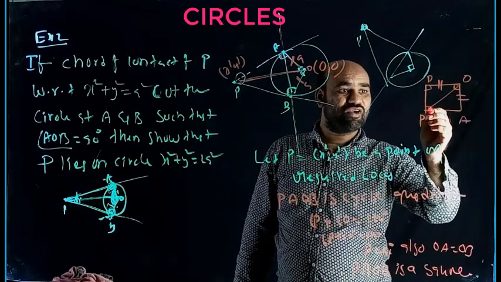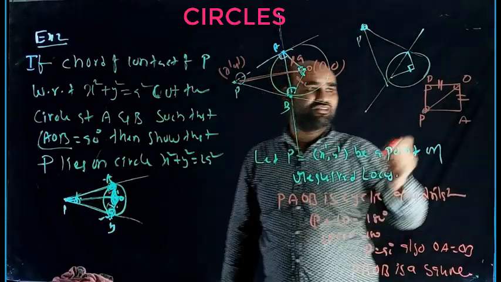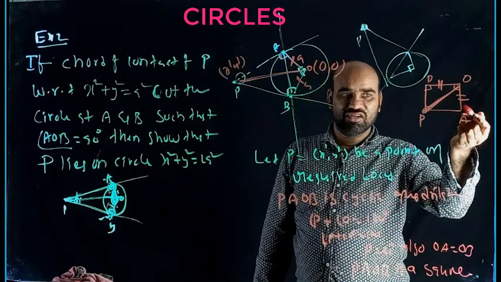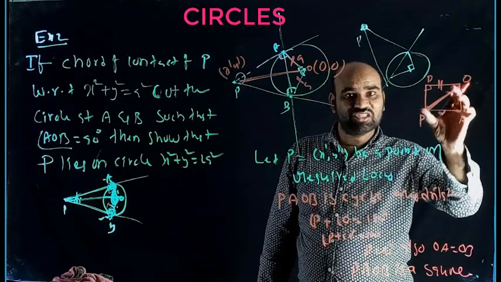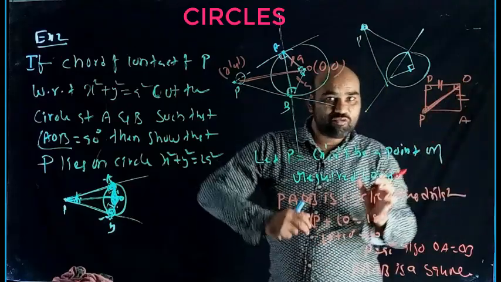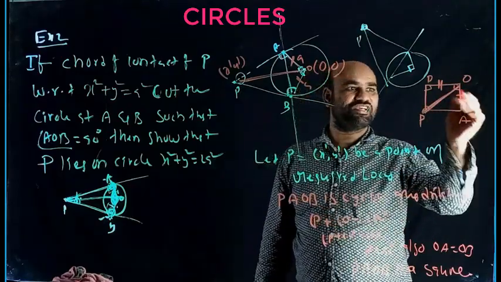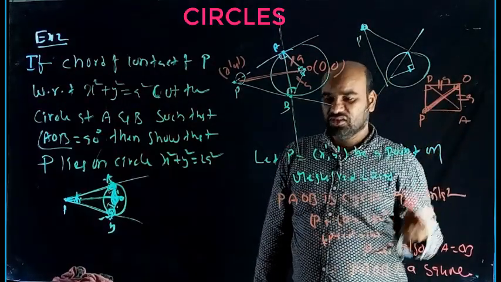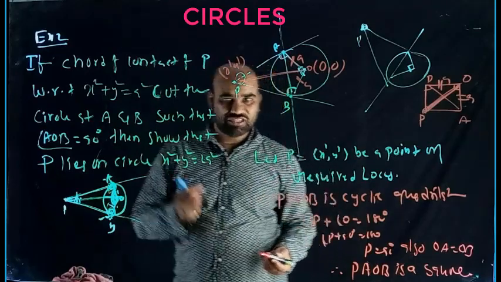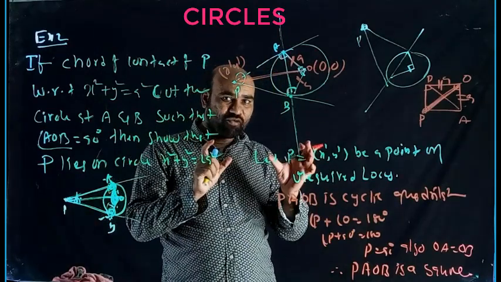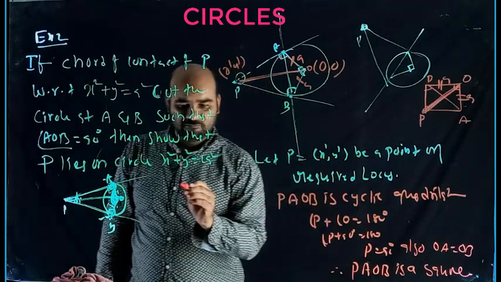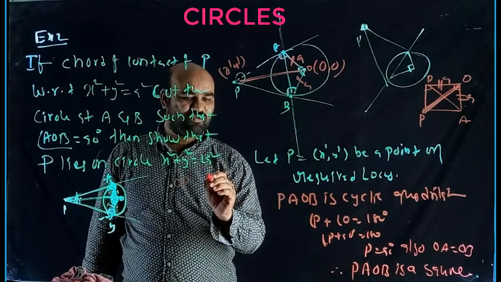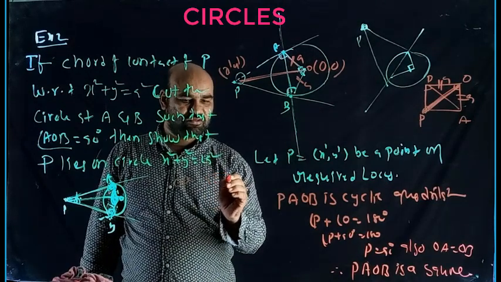Now we want to find what is the locus of P. So what is the condition now? I can say that OP is always fixed. Radius is fixed, no? Radius is fixed means automatically this length is fixed. Position of P varies, but the distance from O to P is fixed. That is root 2a. This is a, this is a, no? Right triangle only, so this is root 2a. So I can say that OP equal to root 2a. P is varying, O is fixed, length of OP is fixed, that is root 2a.